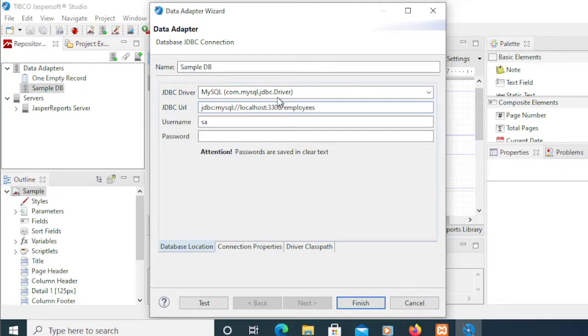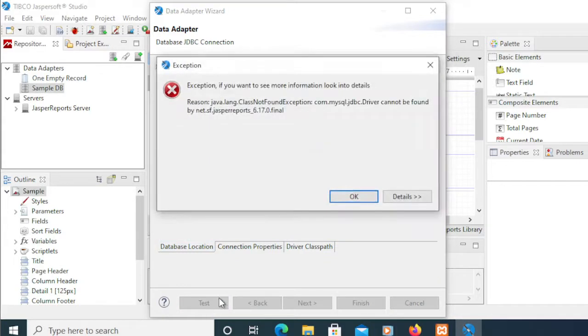Employees. Okay, since this is a first install, I don't have a password for that one. So let's test that. Now we have an error here because the JDBC connection or the driver that we're looking for doesn't have the JDBC driver. Since all the drivers require this one, we're going to download the driver from the specific